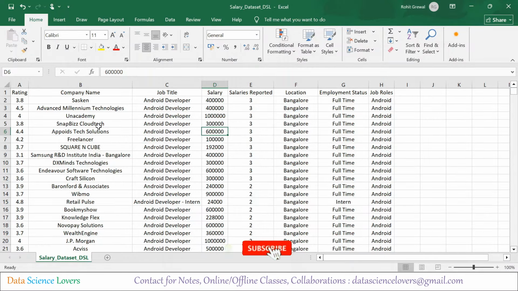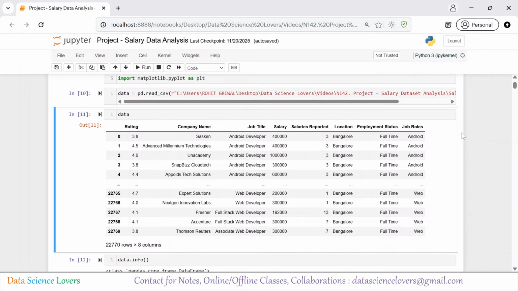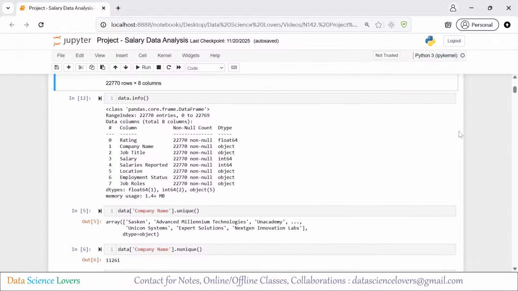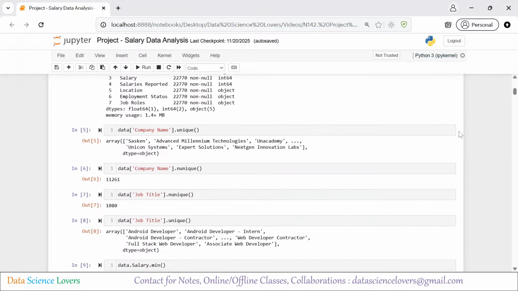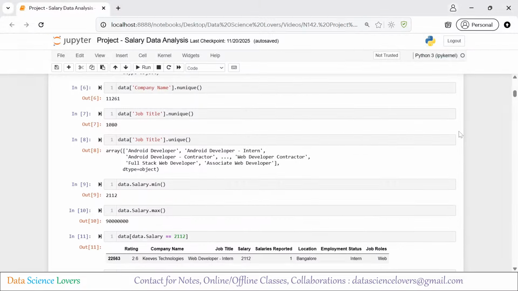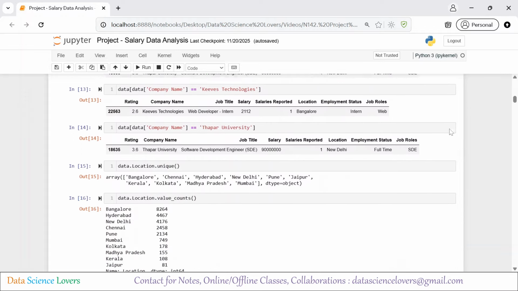In this video, we are going to analyze a real salary dataset with more than 22,000 rows. We will explore the data, clean it, remove the outliers, and visualize the trends. And finally, answer the most important business questions like which company pays the highest salary, which cities offer better pay, and does company rating affect the salary? By the end of this video, you will clearly understand how a complete data analysis project works from start to